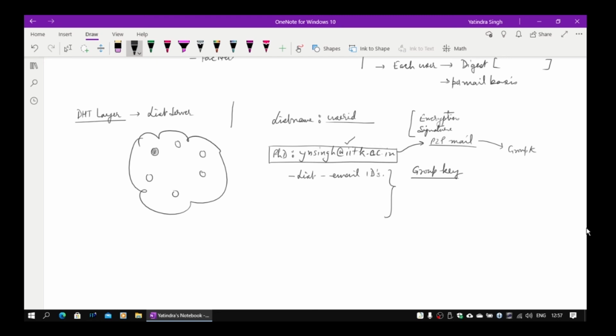So the group key can be communicated to every user. This has to be done. If you have 10,000 guys, the moment you add somebody, you have to send a message to him, this is your group key. We also need to have a mechanism: if somebody forgets the group key, a mail comes, this guy can then send a message back and wait for the group key to arrive. So every user needs to maintain all the groups which he has created and all the keys which have been assigned for the encryption. It can also change the key so that everybody will have the new key. So this will act as now my search key. So this key is for the encryption. This is a group encryption key, I should call it.